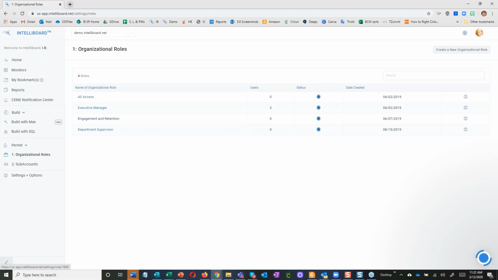Those folks have a subset of students that they are responsible for. And inside of IntelliBoard, you can create an organizational role called Student Success Advisor, and then assign specific students to those folks, and they can get their own reporting. They can get the reports that you personally make available to them.